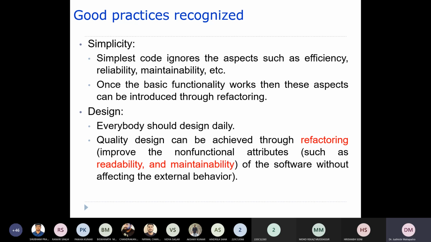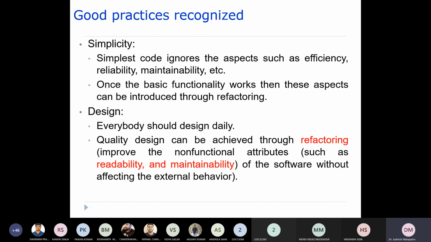Then later, through refactoring, you divide that piece of code into small units so as to improve the operation or the maintainability. If you divide the whole source code into modules, small parts, you will be able to maintain the source code properly. That can be done later through the refactoring mechanism.